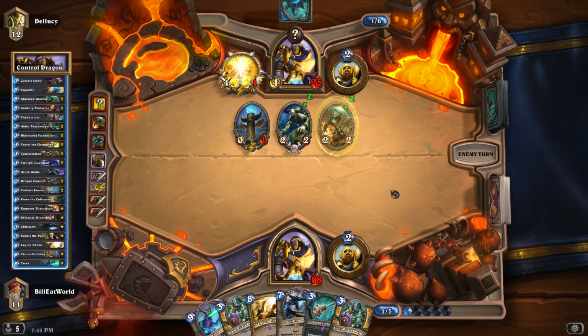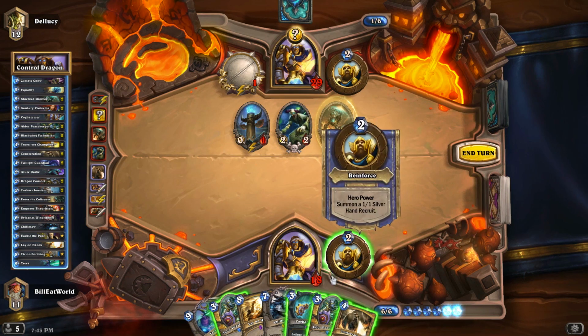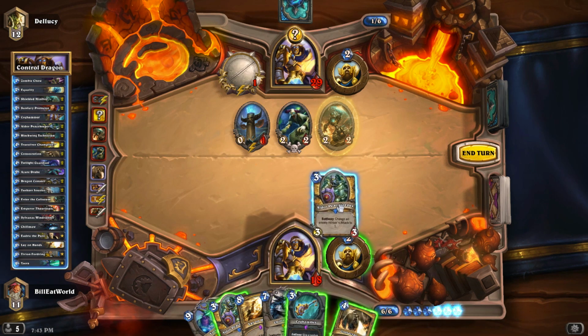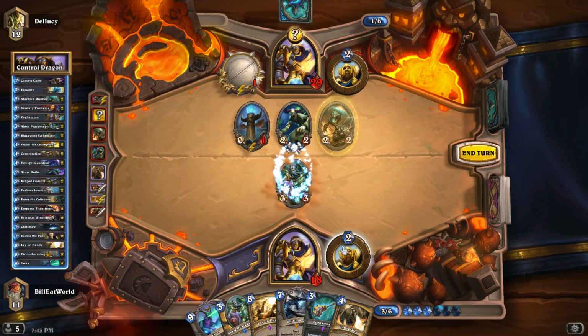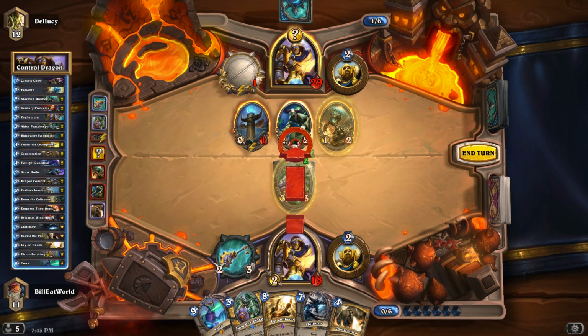What do we do here? Do we risk popping another secret? I mean, what could he possibly have? I think probably the play is going to be to... Oh, no, we have to smack this guy because then he's got to hit it twice, right? So let's just do that. And then this. That's going to get Competitive Spirit. So...